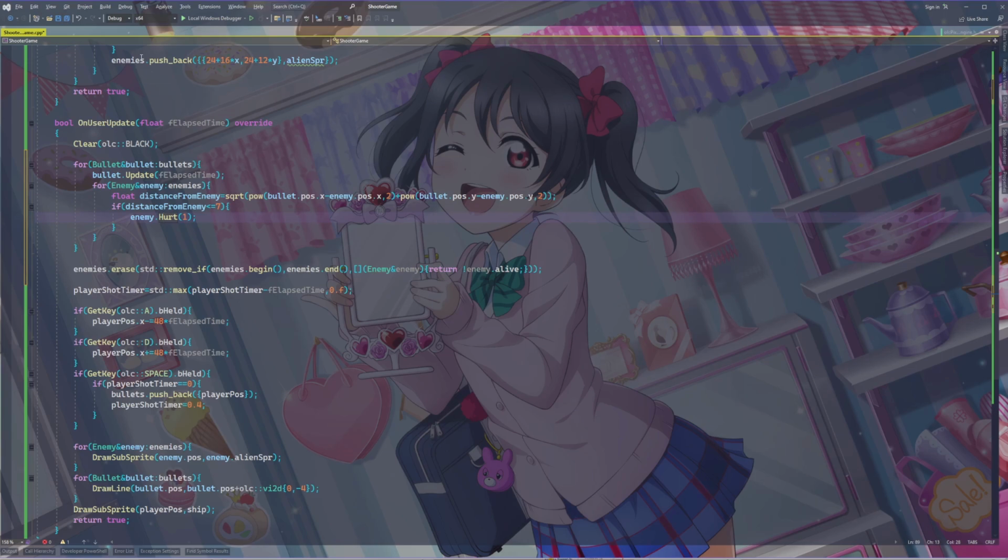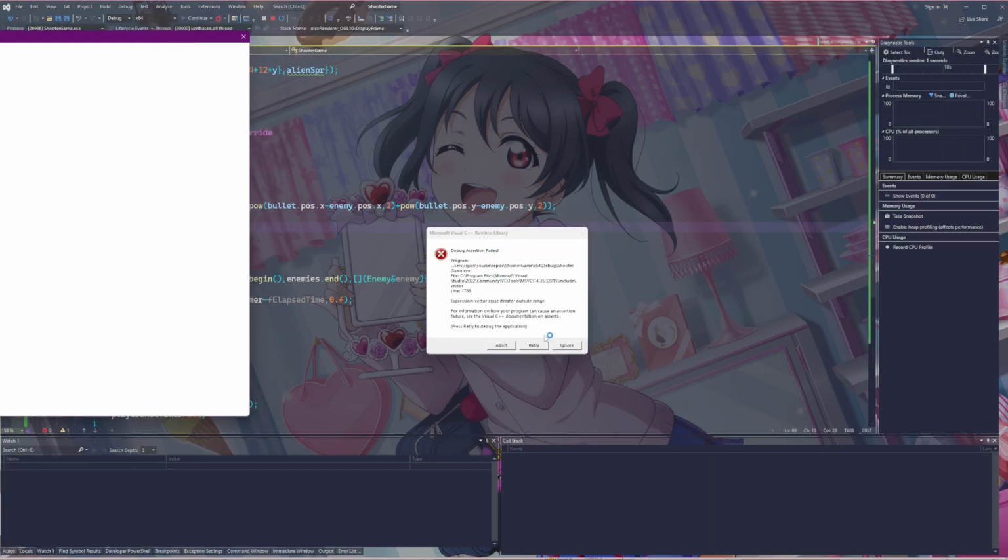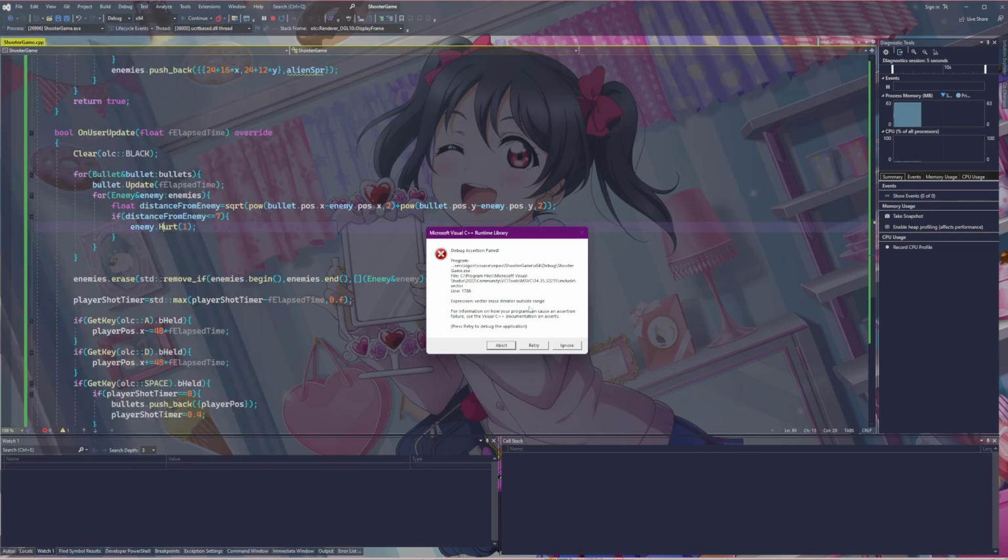So, interestingly enough, this should just erase enemies from the screen now if Able collides with them, assuming we don't run into errors. The vector erase iterator is outside of the range. What could that mean? Well,